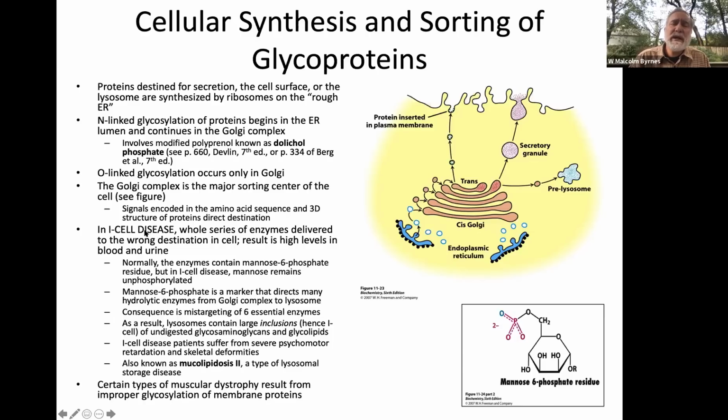And I want to focus on a particular kind of disease here called I-cell disease, okay? What happens in I-cell disease is that a whole series of enzymes are delivered to the wrong destination in the cell. And the result is that these proteins are found in high levels in the blood and the urine. There's a class of maybe a half dozen hydrolases or hydrolytic enzymes that should normally be trafficked, if you will, to the lysosome, okay? Now, in order for them to go there, they have to have a particular modified sugar unit on them,